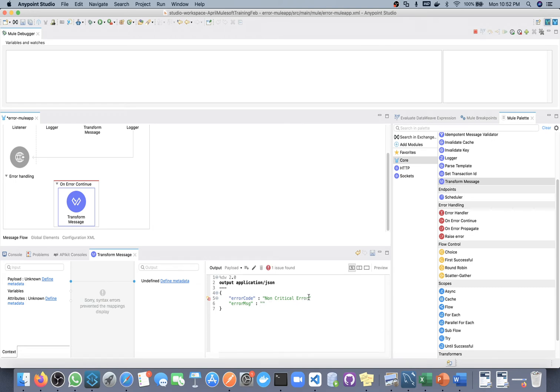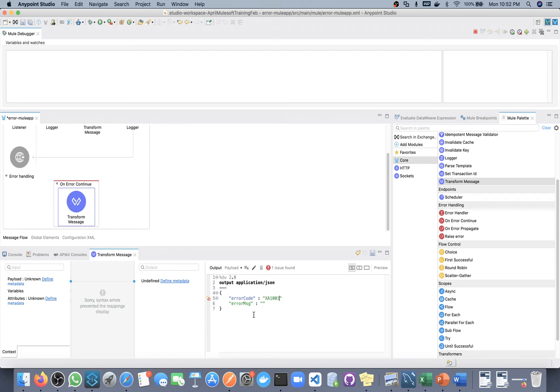Okay, the error code we can send as 200, or we can use some custom code like XA1001.